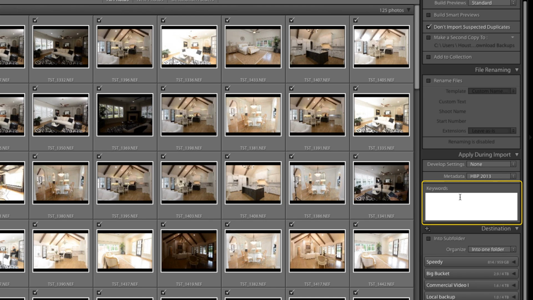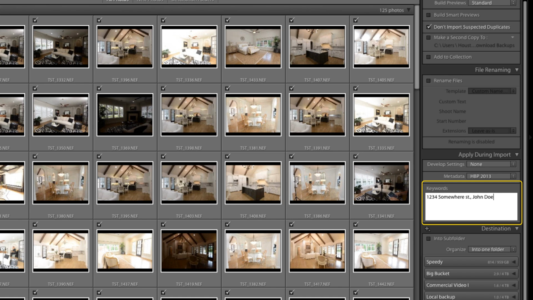Keywords, as we talked about in the previous video, this is a good place to put in keywords that of course will be common to all of these images. And two things that come to mind, or two things that I use, are the address, the street address. So I'm going to put in somewhere street, and then we want to separate our keywords by a comma, so I'm going to put in a comma. And the other thing that I put in is the realtor's name. So let's put in John Doe in this case,